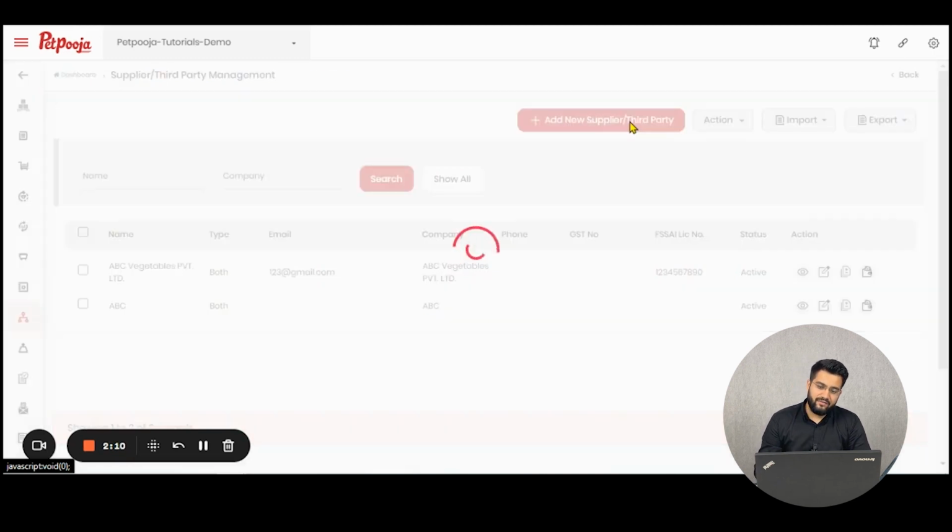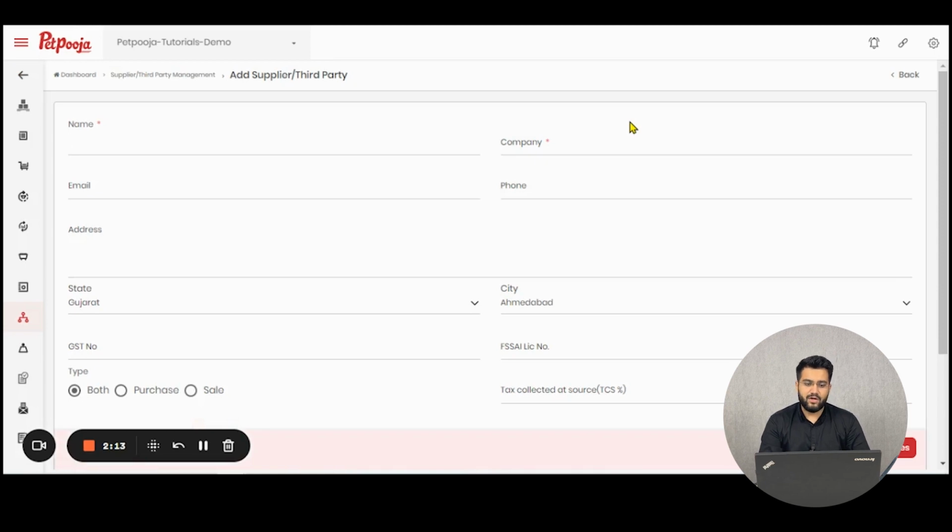Now let us see how we can create a new supplier. By clicking on add supplier, a form will pop up where you need to put in the details of the particular supplier. As you can see on my screen, you can put in the information necessary, and we come to the most